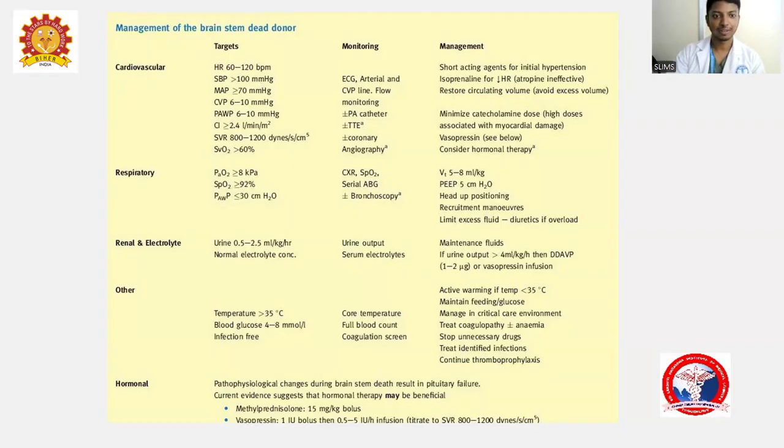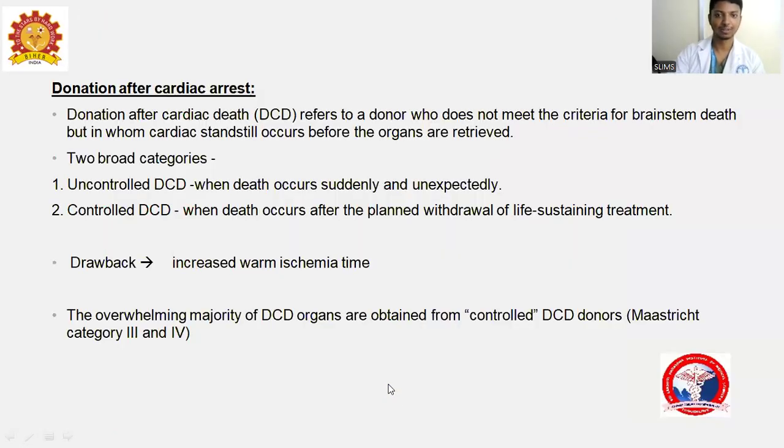So, what are the respiratory parameters that we would like to keep in such patients? How are the tidal volume, PEEP settings? What are the other settings with regards to intravenous fluid management? And how should be the renal and electrolyte balance for such a case? How should be the ideal urine output? And what should be the ideal temperature in such cases? All right, so let's move further.